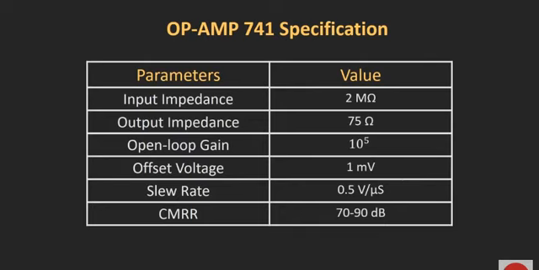So here is the list of different parameters and the values of different parameters for the general purpose 741 op-amp IC. Now if you see the different op-amp ICs, they are optimized for different parameters. So let's say one op-amp is optimized for a very high slew rate, while another op-amp is optimized for a very high open loop gain. And if you see some other IC, you might find that it is optimized for very low offset voltages. So depending upon your application, you need to decide which parameter is critical for your application, and based on that you can decide which op-amp is suitable for your particular application.